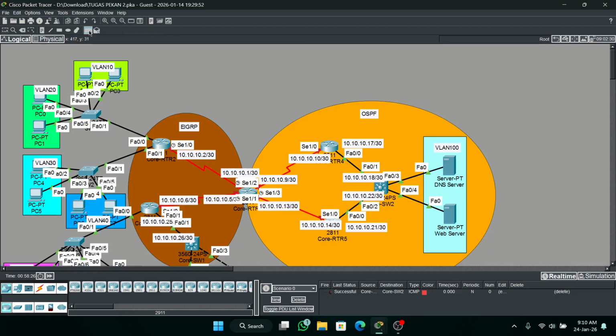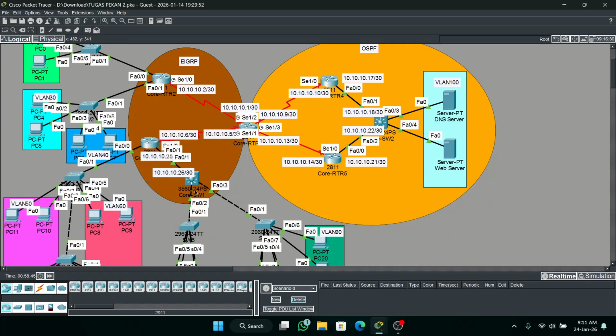Point-to-point testing. Okay, successful. Point-to-point configuration is successful. Next configuration is serial.